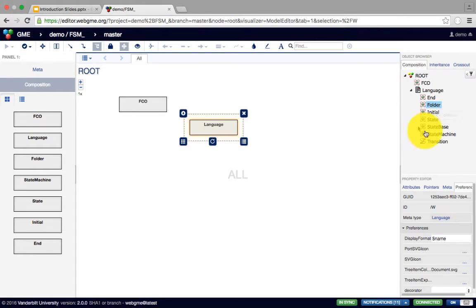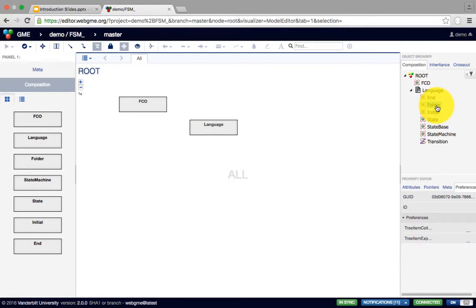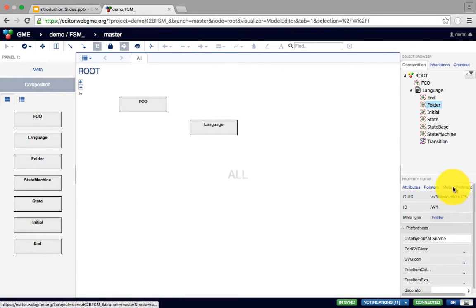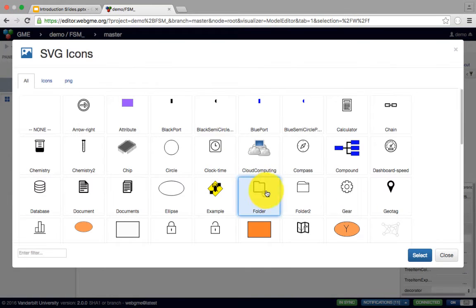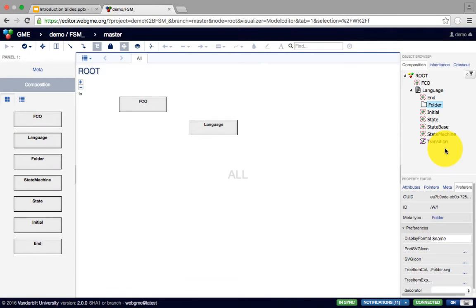So once you are in the object browser, but you don't want to actually navigate to that given object, but you still want to see the properties of that object, you have the option to right click and then say select node. That way the property editor will show you the properties of that node. So let's change the icon. It will look more like a folder. All right, now we are really finished